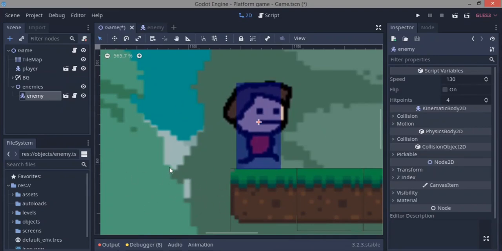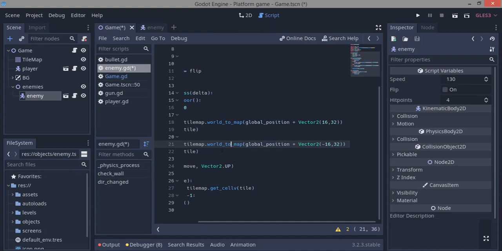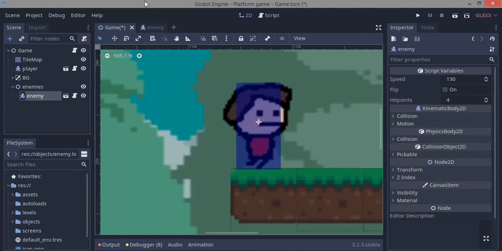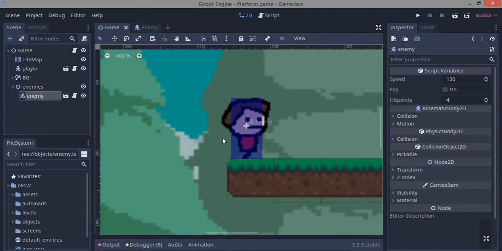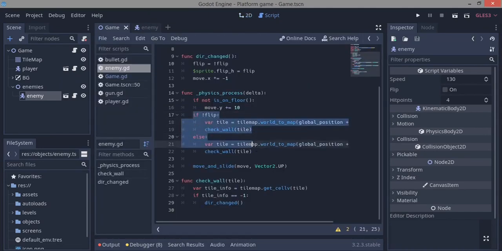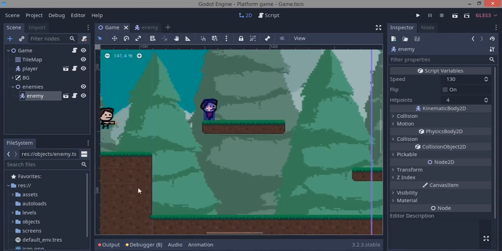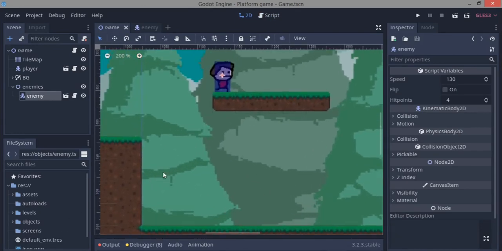If there's no tile, we're going to change direction and all that stuff. So yeah, that's pretty much all we need to do, I guess. So this function over here, this whole statement with the check wall and stuff, it's only for the falling off ledges part. But for the parts where it's going to hit a wall and go back, if this guy is